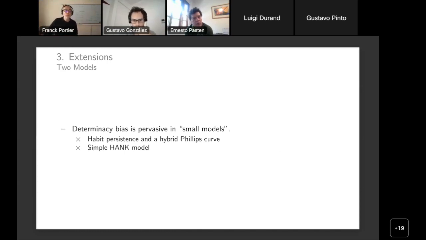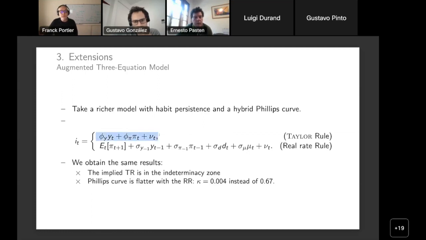Or we can do some kind of simple HANK. That's this paper of Tobias Broer and co-authors in the Restud last year or 2 years ago. And again, with a wage and a price Phillips curve, we find again the same thing, determinacy bias. And those are relatively small models. So to give you an idea, let me just look at the habit persistence and hybrid Phillips curve model. So that's the